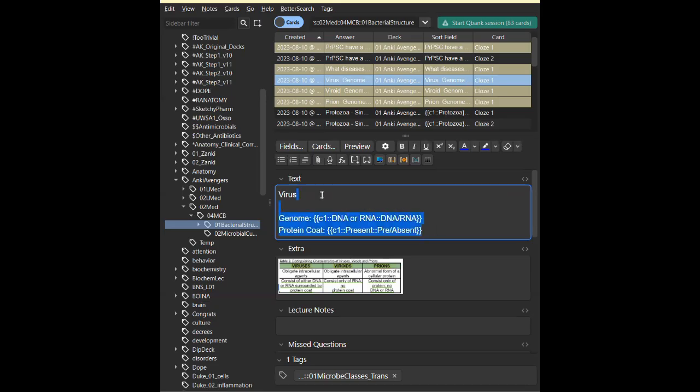So this is my suggested format. It needs a little bit of thinking, definitely. How can I classify or fix this information so it is the same for viruses, viroids, and prions, and to profile them more easily, basically? So here I stuck with: does it have a gene? What's its genome, and does it have a protein code or not? So let's say, for example, the context is DNA slash RNA, because the virus can have DNA or RNA. Is the protein code present or absent? This is just the shorthand of the choices, present or absent. So how would that look?